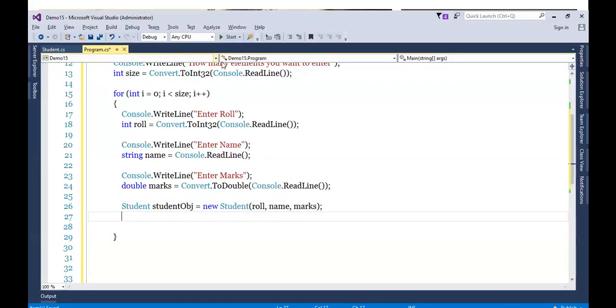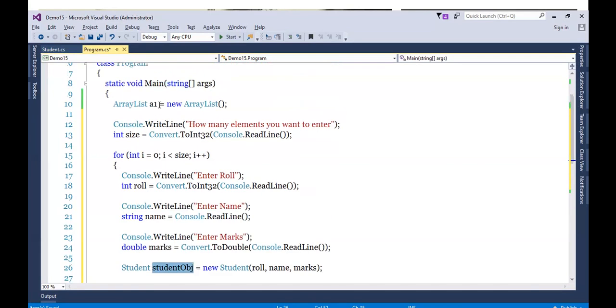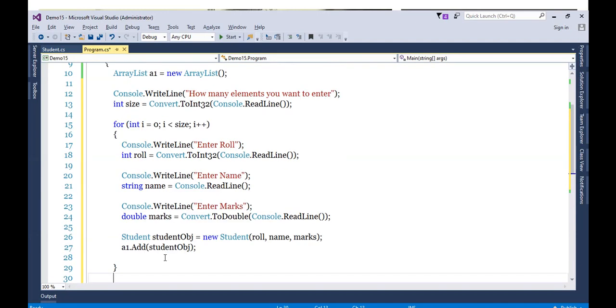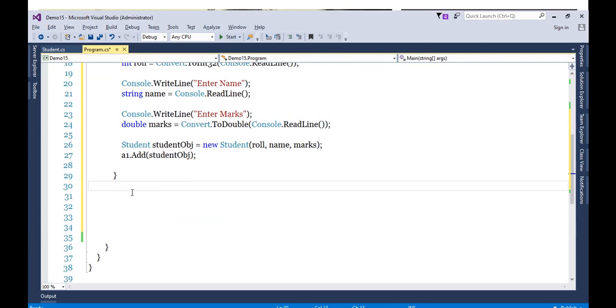Now let's start adding this student object in this array list, which we prepared already. So what we'll do, a1.add student object, because the student object will represent this object present on the heap. Agree. So our array list is prepared, the simple one. Let's go ahead and display the members. So I will give the message "Students are", and then accordingly we'll display it using for each. So how will you use for each here?